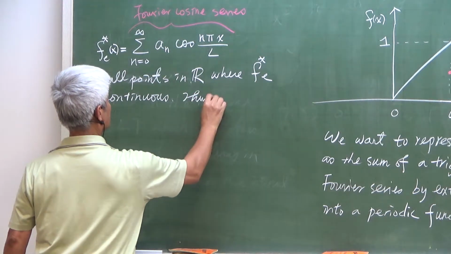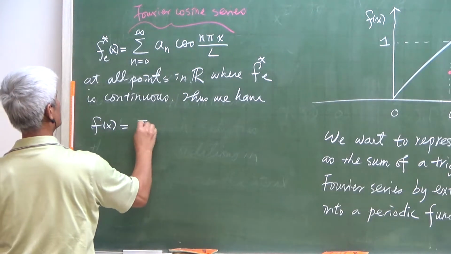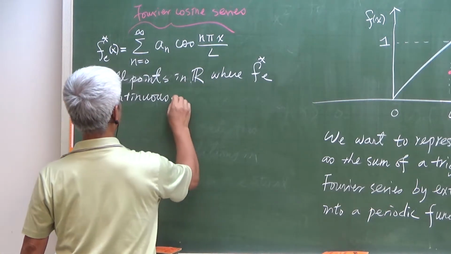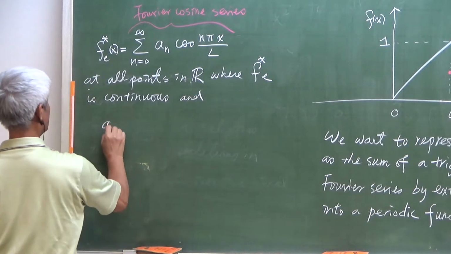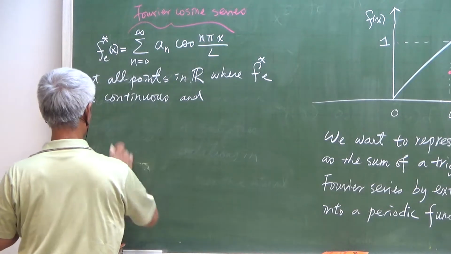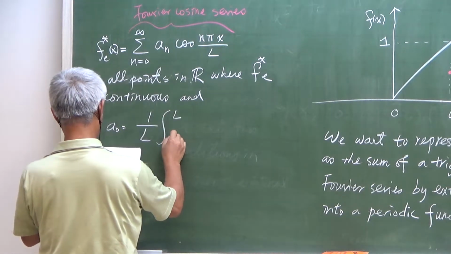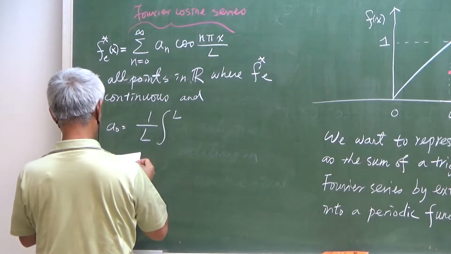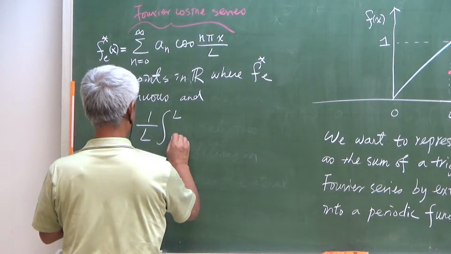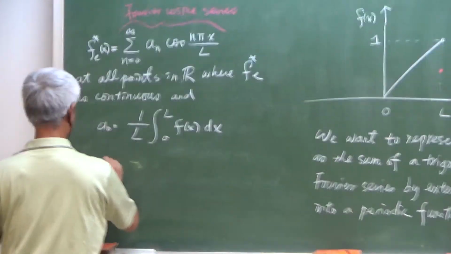Thus, we have f of x equal to the same, and I have to write down what the an is. So a0 equal to 1 over L, integral, dx, and the an equal to